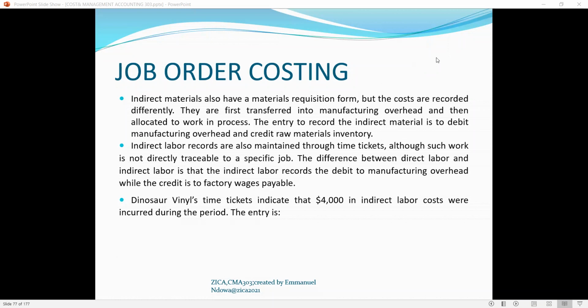We need to see why the manufacturing overhead account is cropping up. You can actually say that the indirect labor records are also maintained through time tickets, although such work is not directly traceable to a specific job. The difference between direct labor and indirect labor is that the indirect labor records the debit to manufacturing overhead, while the credit is to the factory wages payable. You can actually see that